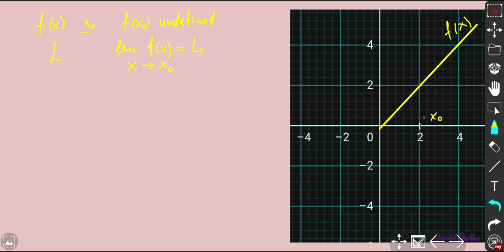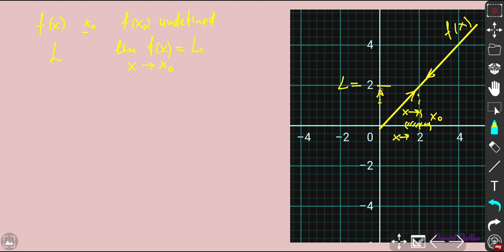Simply, we can say that if we take some surroundings, a small range around 2, we understand that the function value tends to a specific value L, which is in our case 2, as the argument tends to x0. So in this case, we actually touch on one-sided limits, because if we approach 2 from this side,